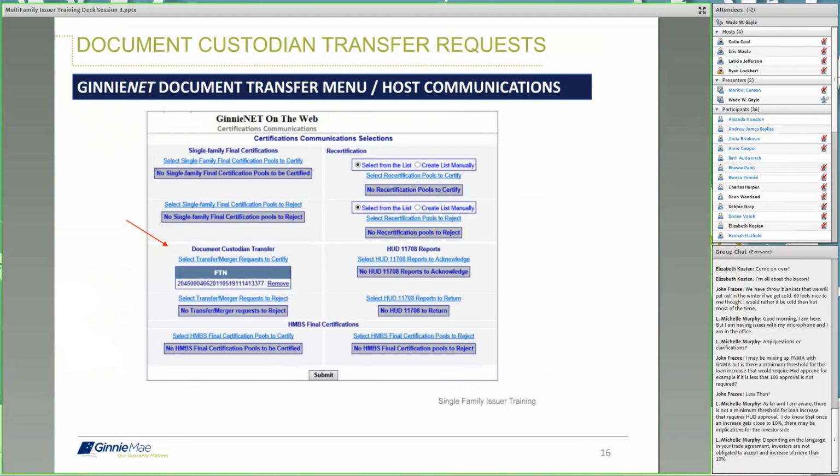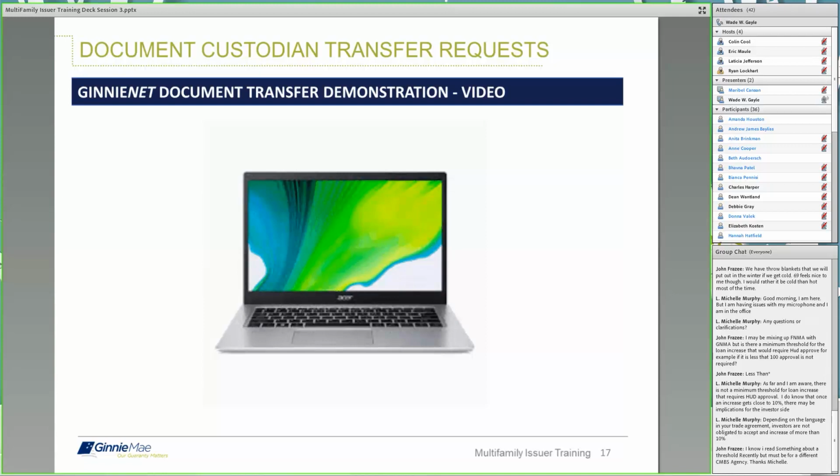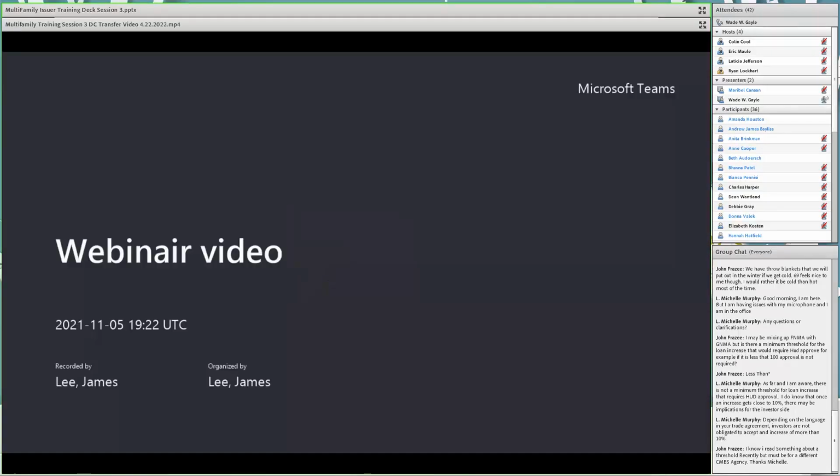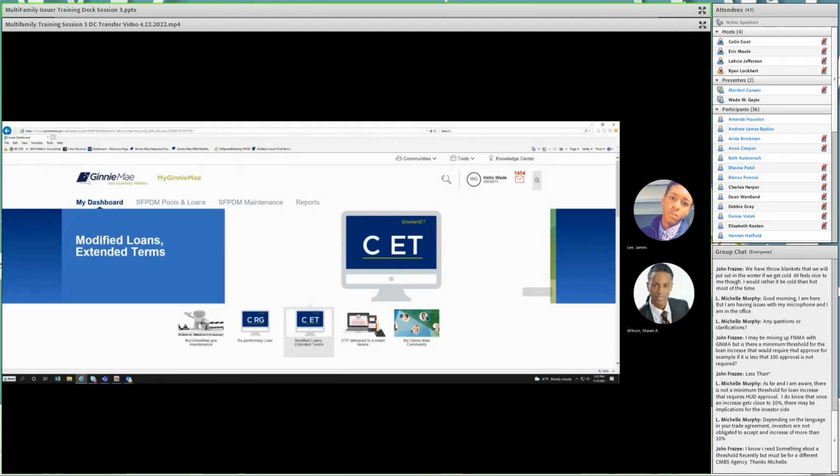And this screen just shows you what happens in the document custodian space and where you'll go to do the transfer. This is actually the host communication screen. And we have a short video of what happens in that space. It's going to be like a voiceover as the video plays. So we're going to go into